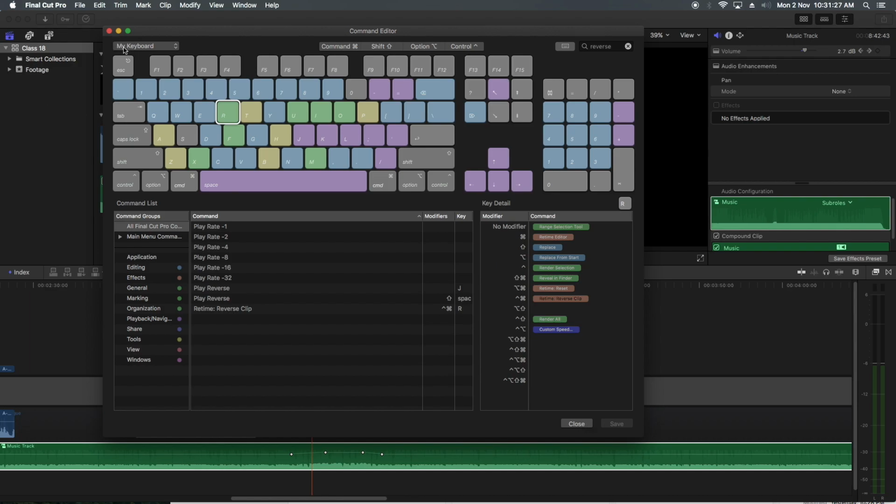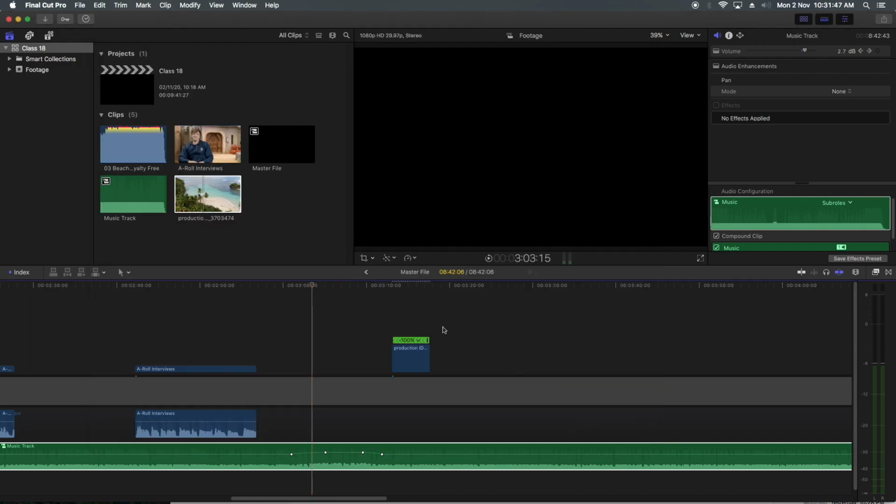You can see now it's written my commands, and there are many, like I also have my own command, so I'll change it to Jatin. So copy to default, and in default now there is no command, and if I move it to my keyboard, yes, the command is there, and I'll close it.